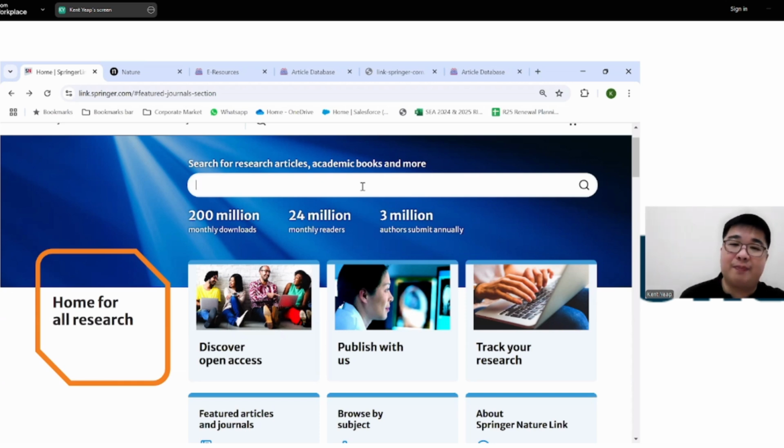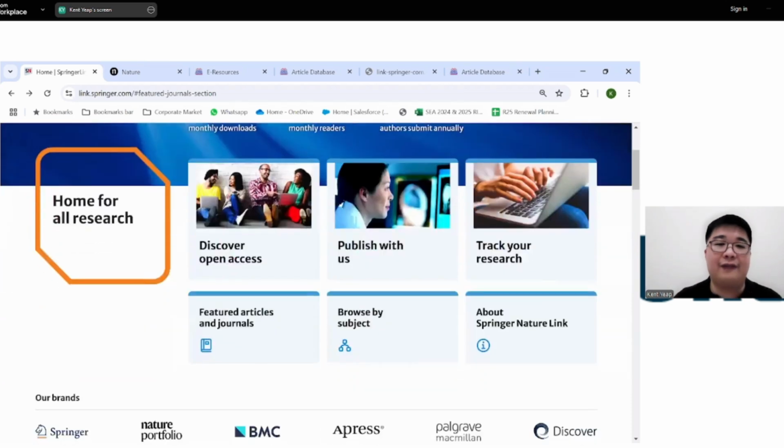So we have not yet quite reached that kind of stage of capability. My understanding is it is possible that it may be a functionality in the future, but it's still currently not quite there yet. So if you are the person who is very used to using ChatGPT these days, please do not use the same kind of prompts when utilizing the search bar on Springer Nature link. Right? What you would have to do is actually put in actual keywords. So you'll be looking at doing a little bit of tweaking of your Boolean searches, and that will help you to refine your results and then get to what you're looking for.